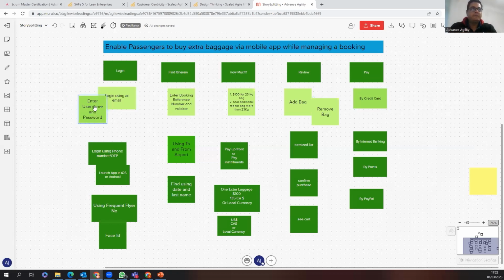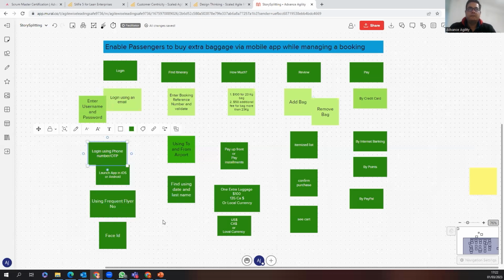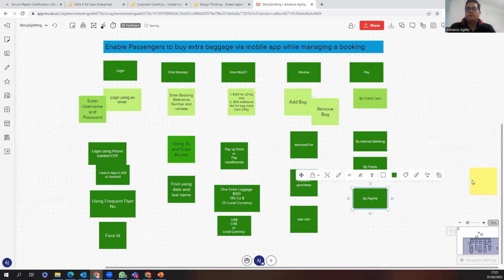Then people will write, someone will say enter username and password, login using email, login using frequent flyer number, face ID, or phone, and so on. And similarly, they will write, okay, pay by credit card, or pay by internet banking, or pay by points, or pay by PayPal. So within a few minutes, like 15-20 minutes, you will have a lot of stories, because this